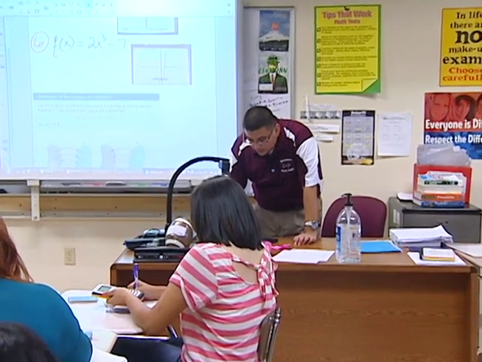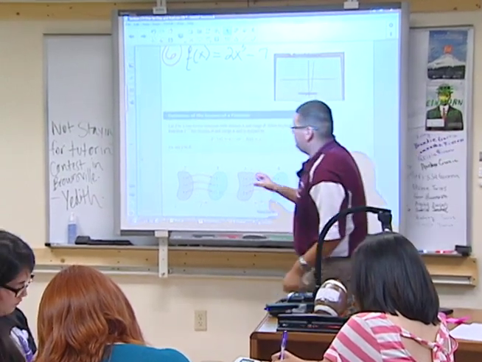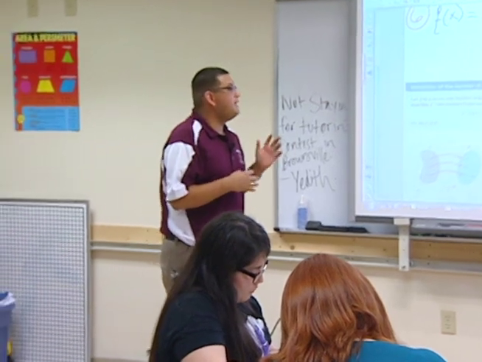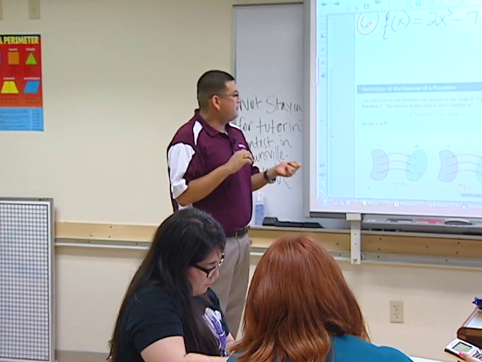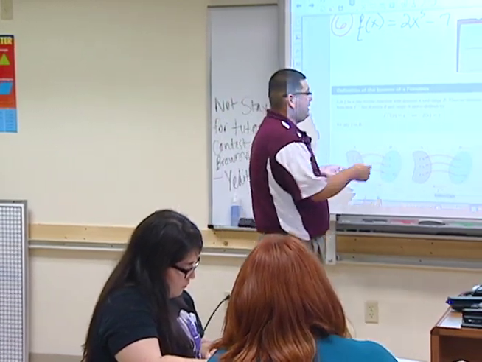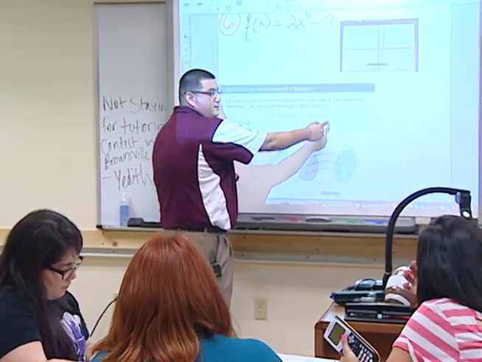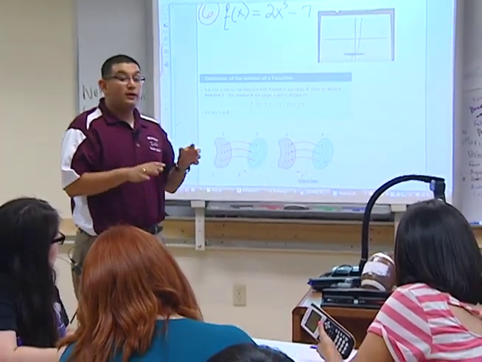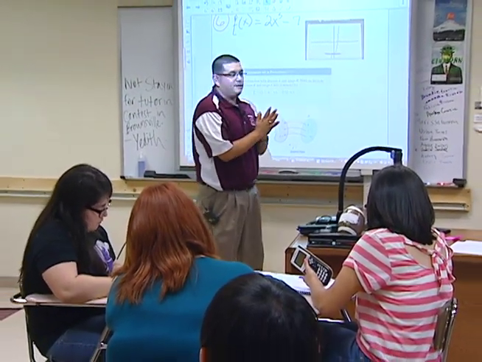So let's take a look at this definition. It says, let f be a one-to-one function with domain A and range B. Then its inverse function, f inverse, has domain B and range A and is defined by the following: f inverse of y equals x if and only if f of x equals y, for any y in B. Okay? So it sounds kind of complicated, but when we think about it, I can use a very simple example